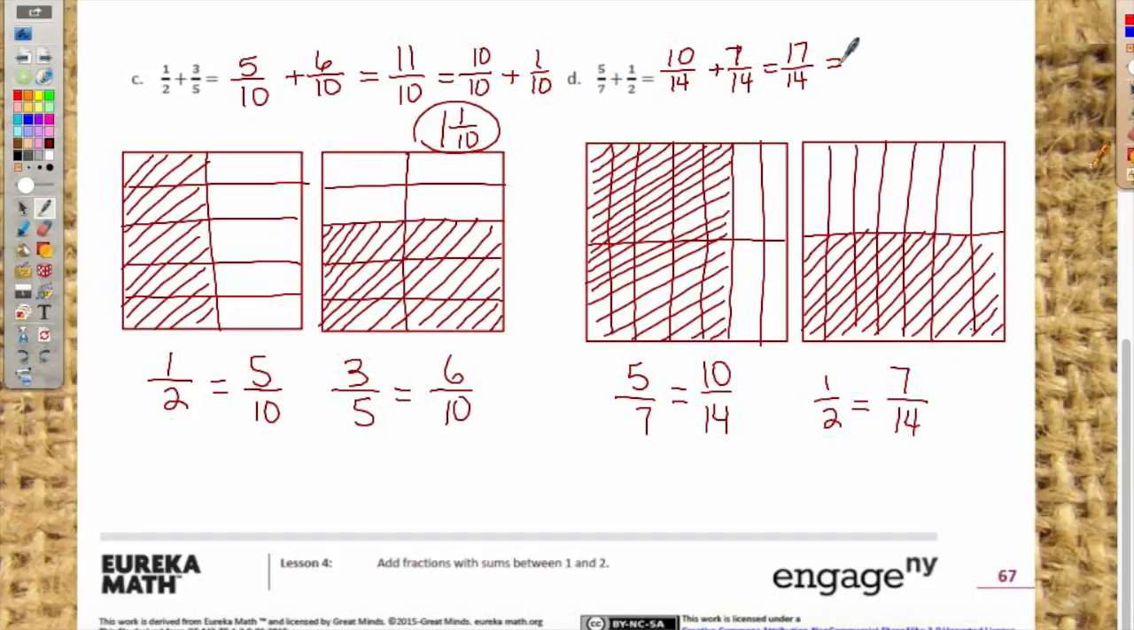Equals, what would 1 whole be? 14. 14 fourteenths plus how many left over? 3. 3 fourteenths. Equals 1 and 3 fourteenths. Yes. Does 3 divide evenly into 14? No. Do they share a factor? No. So it's simplified. Okay, let's look at the next